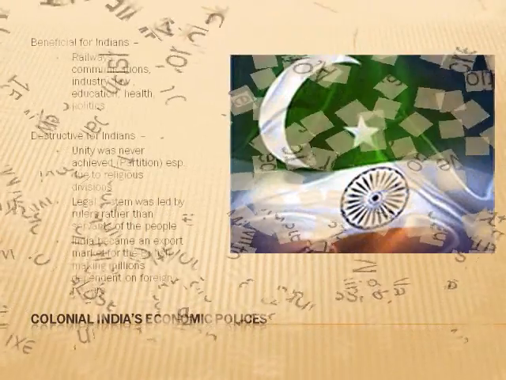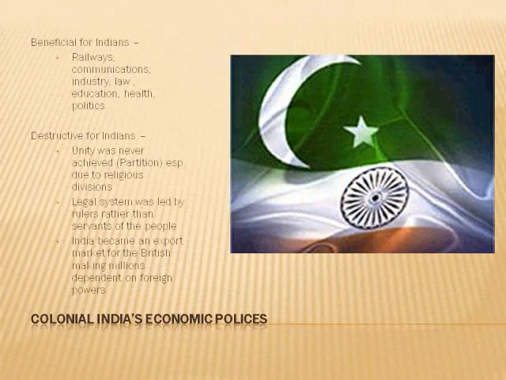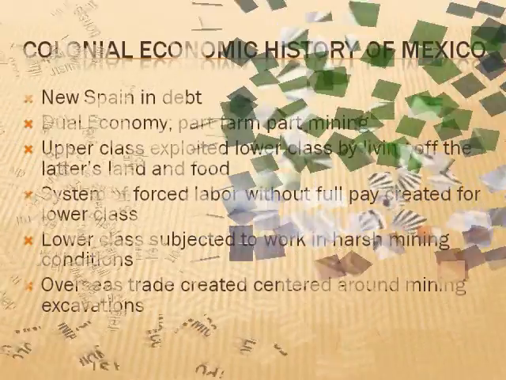and service benefits. Colonial India's economic policies can be broken down into those beneficial for Indians and those destructive for Indians. Those beneficial for Indians include railways, communications, industry, law, health, education, and politics. Those destructive for Indians are: first, due to religious divisions, unity was never achieved, effectively demonstrated in the destructiveness of partition. Second, the legal system was led by rulers of the people rather than servants of the people. And third, India itself became an export market for the British, forcing millions to become dependent on foreign powers and